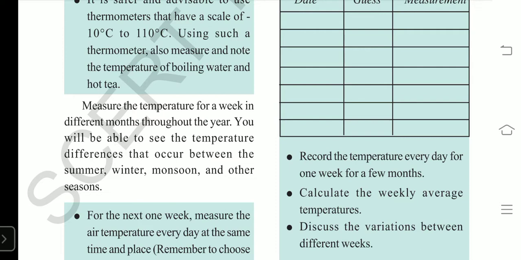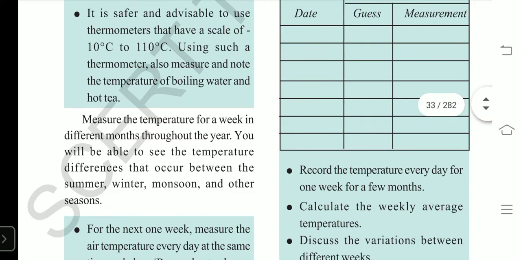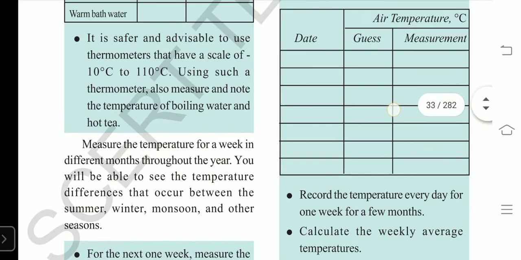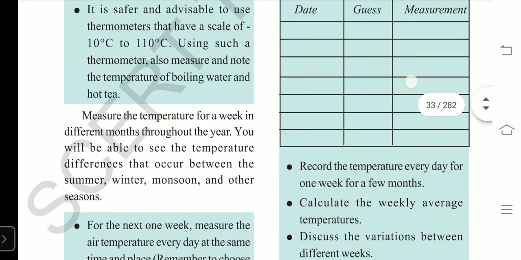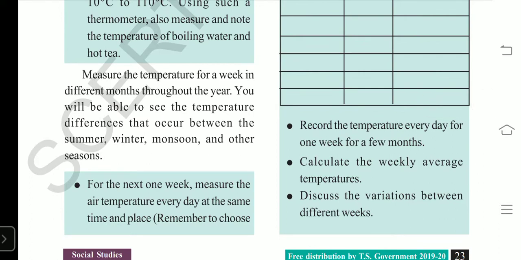Without doing the activity also we come to know, because we are well experienced in summer, winter and rainy season, how the temperatures are, right? This is a thing. Next, here one more activity is given to you, that for the next 1 week